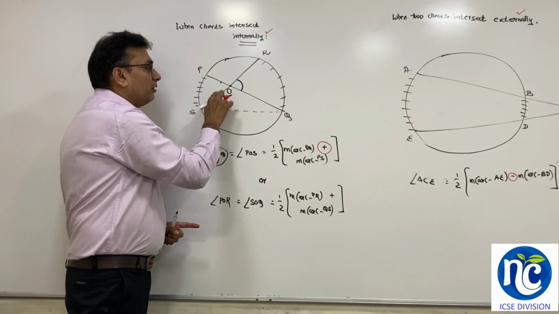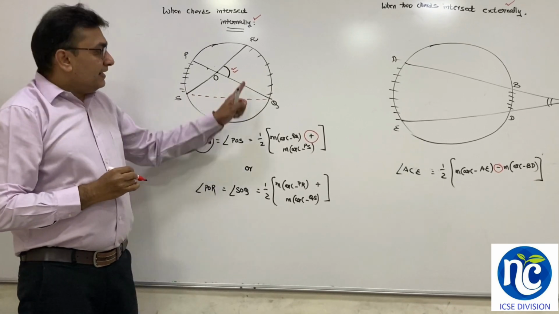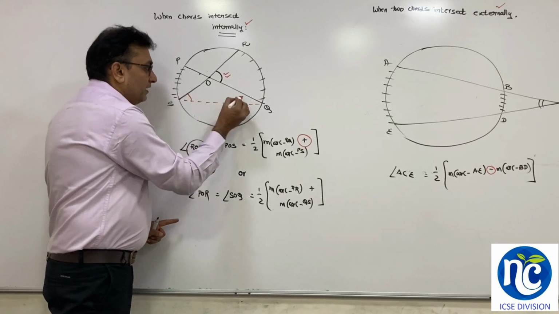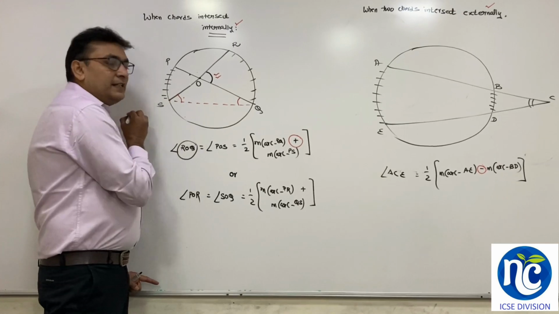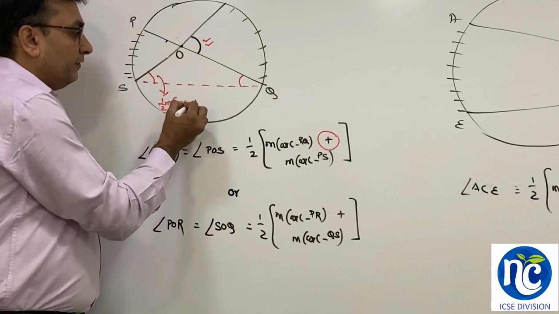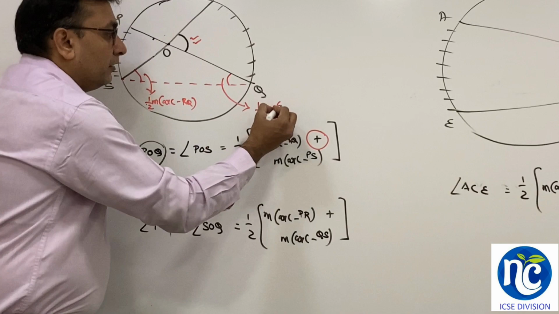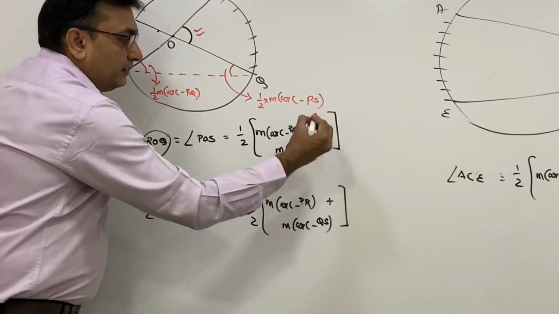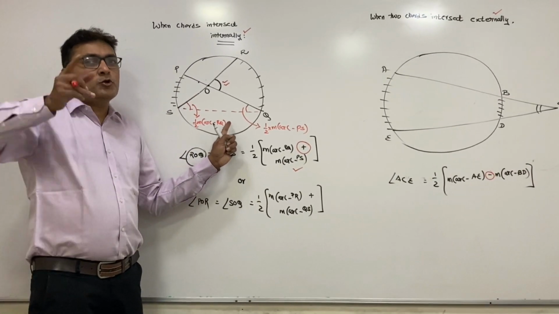Now, if I am talking about this angle ROQ, can I say it is an exterior angle of triangle OSQ? So the exterior angle is equal to the total of the two remote interior angles. This angle is inscribed, so this is nothing but half of the measure of arc RQ. Even this is nothing but half of the measure of arc PS. From this, can I say you get half of arc RQ plus arc PS. Now this is how you are supposed to derive the property.